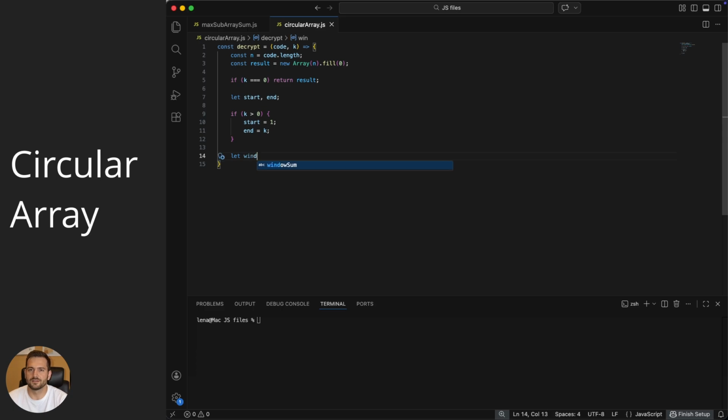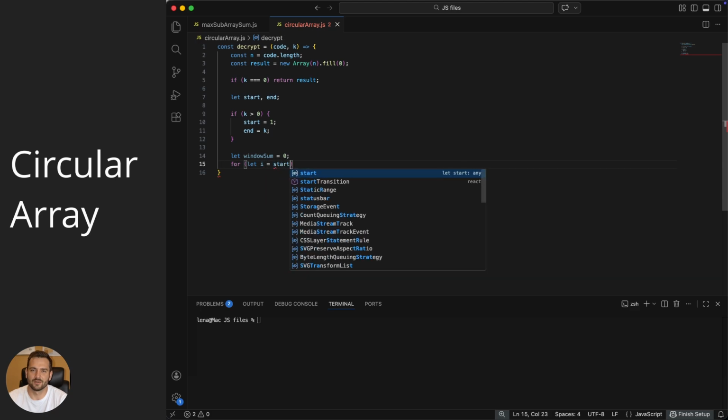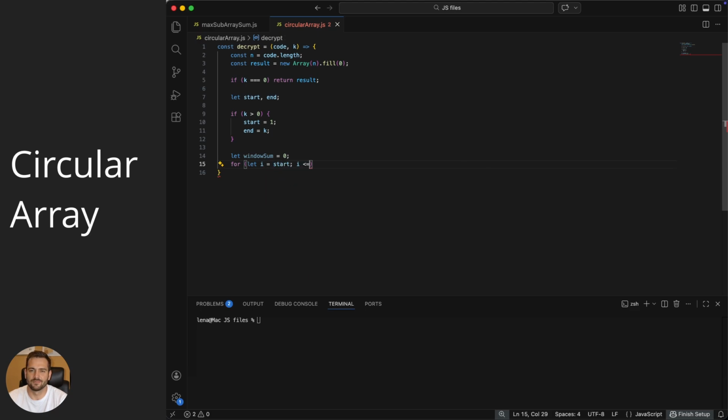Now, back to the code. We create a for loop that runs from start to end. Inside, we update window sum by adding the value of code at the index of i modulo n. Now, we create a for loop to fill our results array. We initialize let i at 0 and run it for the length of the array. Inside this loop, the first thing we do is set result at index i to be equal to our current